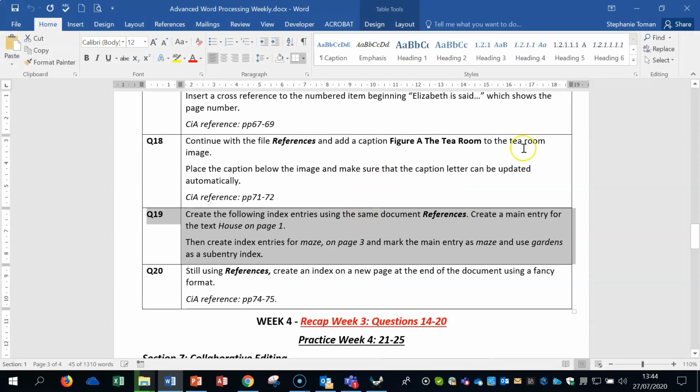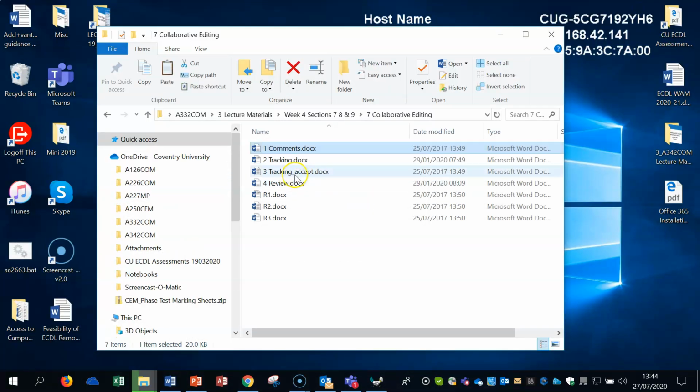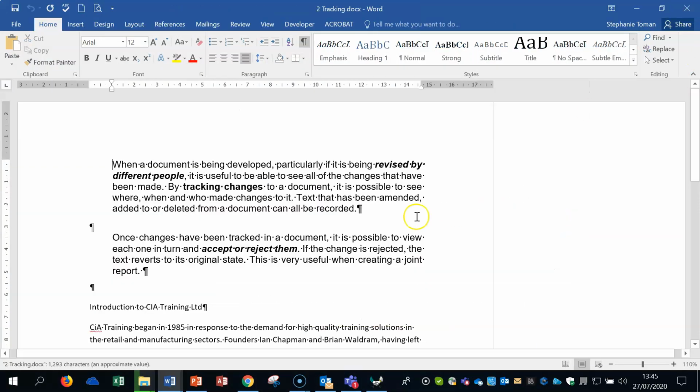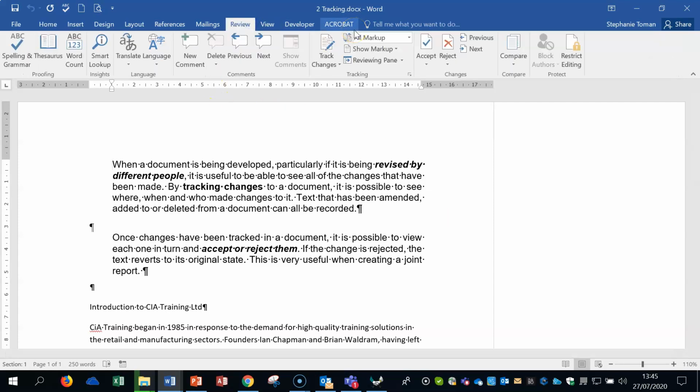I'm not going to save that, we're going to come back out again. And we're going into tracking, number 2. So there's an area in Word whereby you can track documents. There are 2 sides to the tracking changes and accepting and rejecting them. So we go into the review tab. If you make changes and track those changes using this feature here,